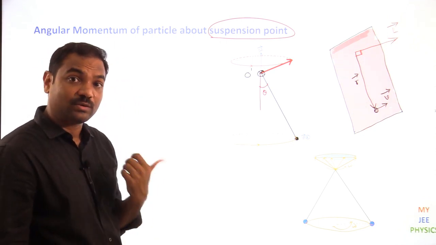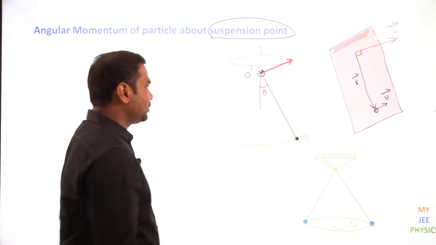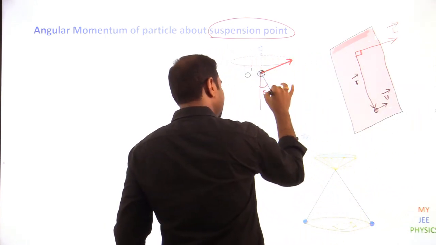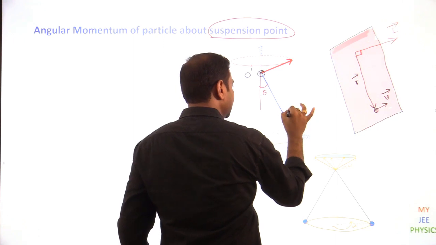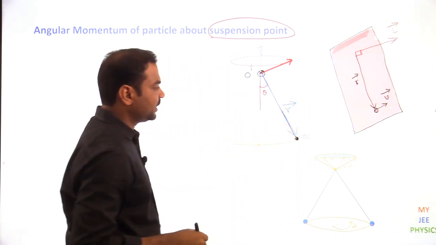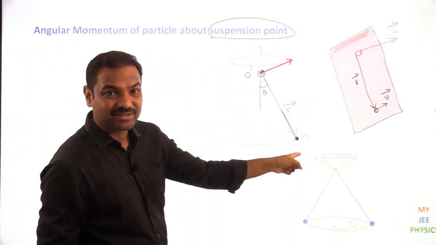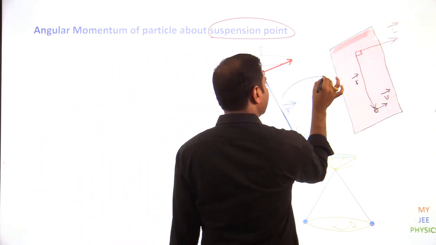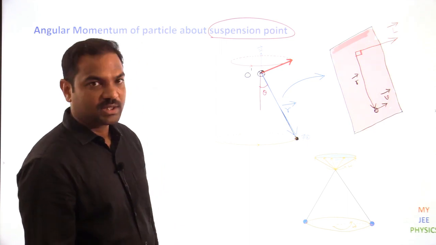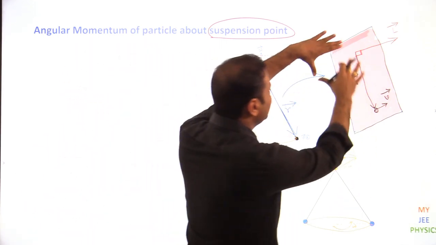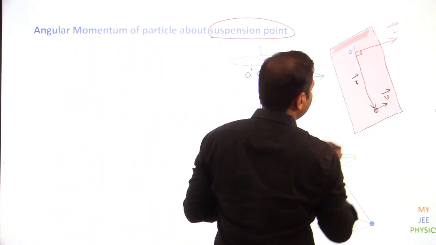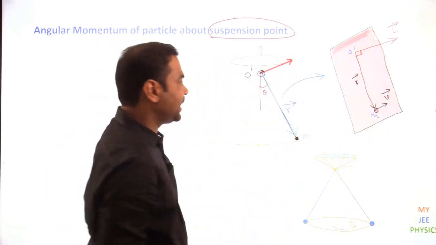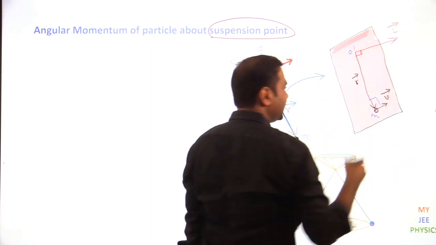O dash is the reference point. So about O dash, what is the R bar vector? The R bar vector is something like this. That is the R bar, and V bar is into the board. I have drawn both the vectors in this diagram. Check this, I made one diagram. This is the plane where this is the O dash point. This is the particle of mass m, and that is R bar and V bar. Again R bar and V bar are at an angle of 90 degrees.